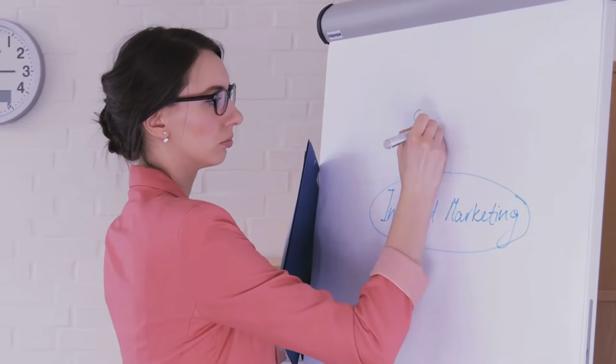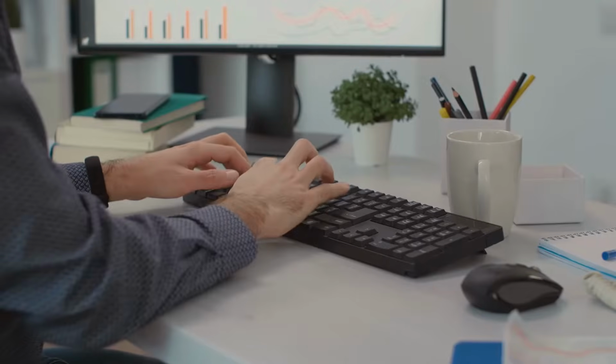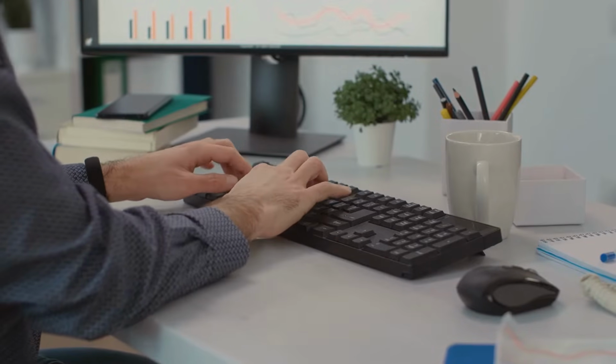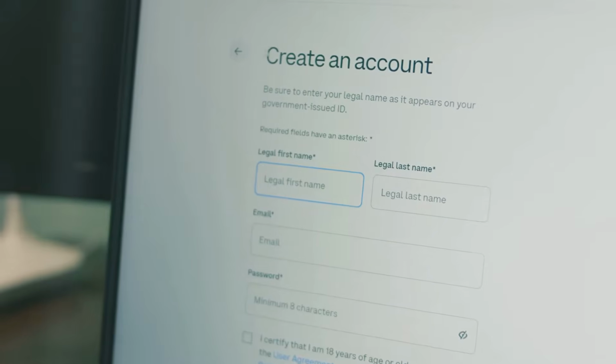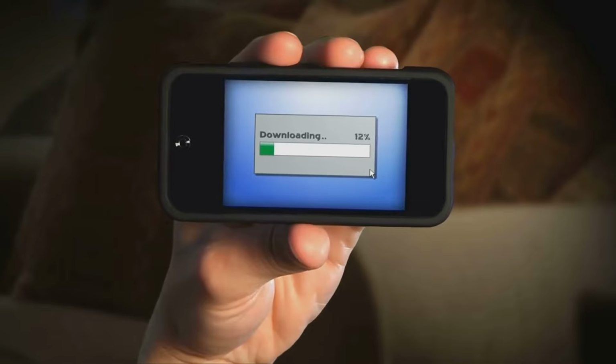CPA marketing stands for cost per action. It's a type of affiliate marketing where you earn money by promoting other people's products or services. The key difference is you get paid when someone takes a specific action, not just for making a sale. This action could be anything from signing up for a free trial to filling out a form or downloading an